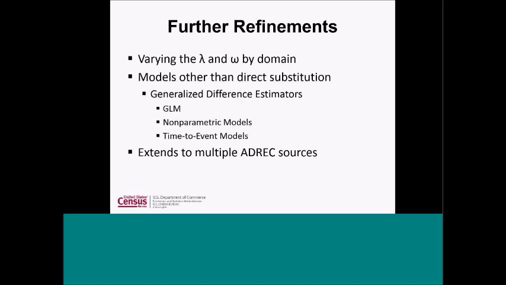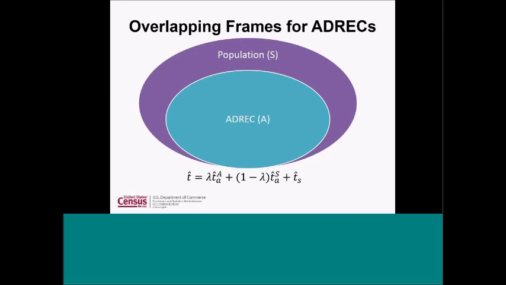And then this very easily generalizes to using multiple sets of administrative records. Because if you come back to this, this only has one blue area within the purple. But you could have many administrative records that overlap in many different ways, and assume that each of them are right or not, and that the survey is right or not, and the formula all generalizes, it just gets really messy. Okay.